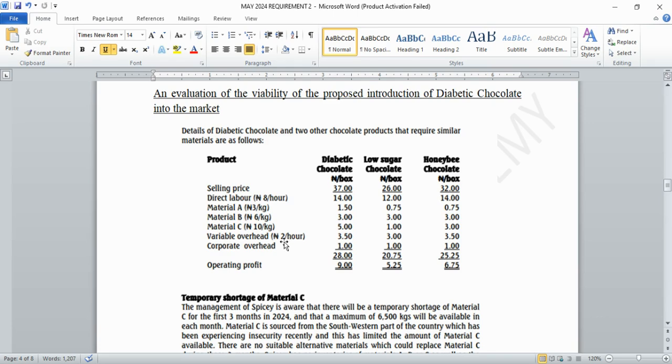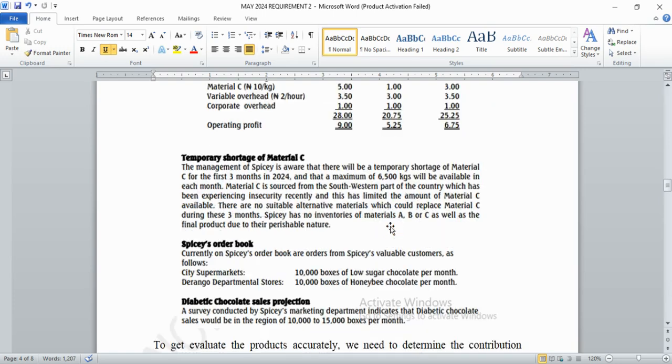So now the only relevant costs that we have here are direct labor, direct material, and variable overhead. Why are we considering variable overhead? Because when you hear something is variable, that means what? It changes as per the quantity. You understand? So that one is relevant, but corporate overhead is not relevant, because it's just basically for management and administration. I hope you're able to get that analogy.